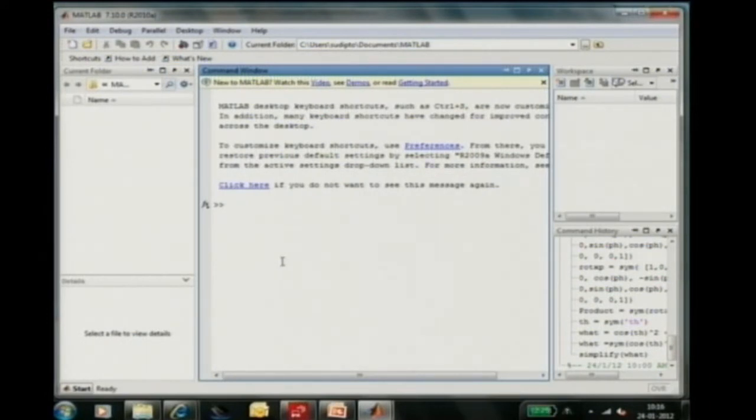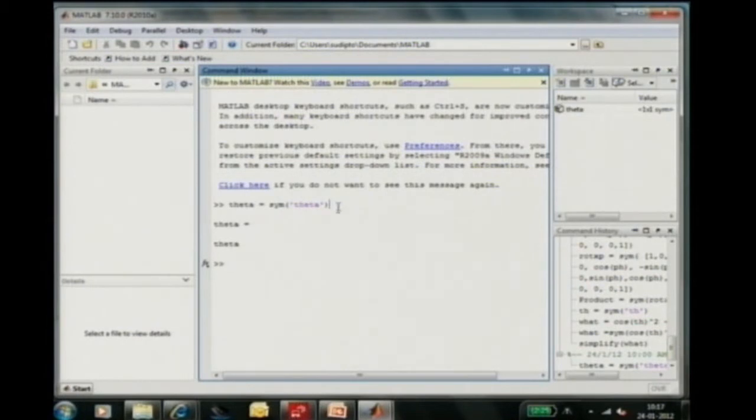Okay, so we can simply define theta. I'm telling it that every time you encounter the character string theta, you treat it as a symbolic variable. That's all I'm telling it. That's all fine. It's theta is equal to theta, that is not much. So now we say